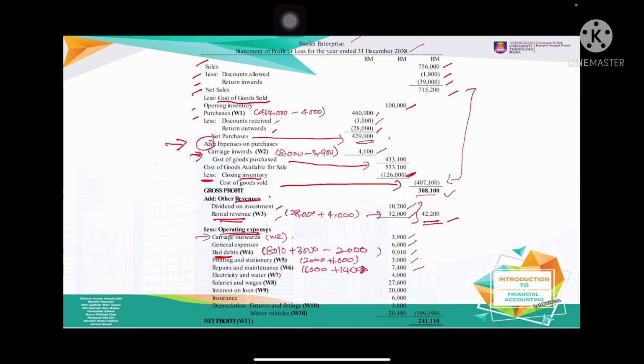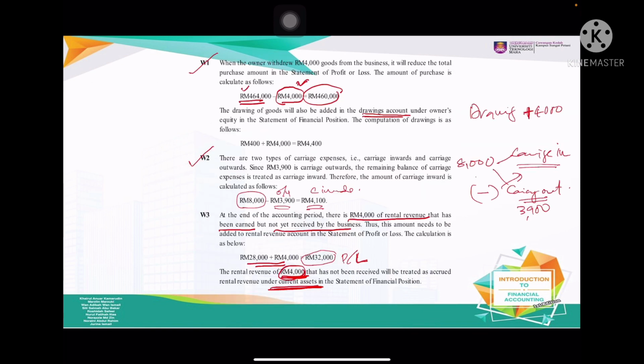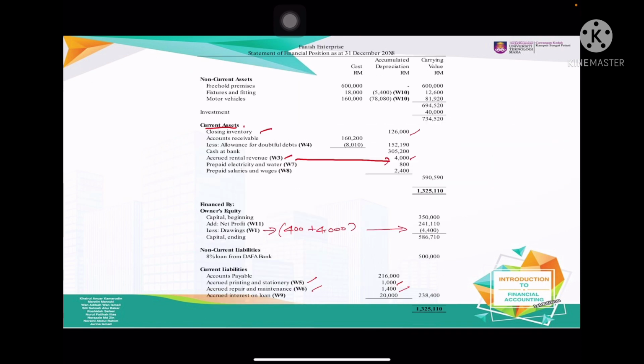So here, 4,800 minus 800, and the 800 here, okay, this is you get 4,000, and the 800 will be in your current